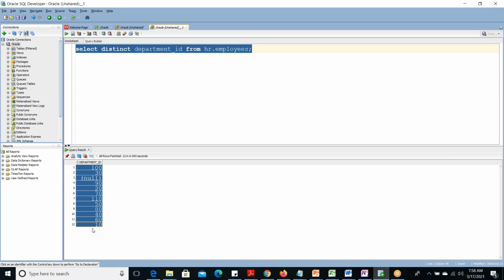Okay, a total of 12 are there. All these are coming as distinct. We can get how many departments are there, but distinct wise, what are the departments available, you can display uniquely. Now,